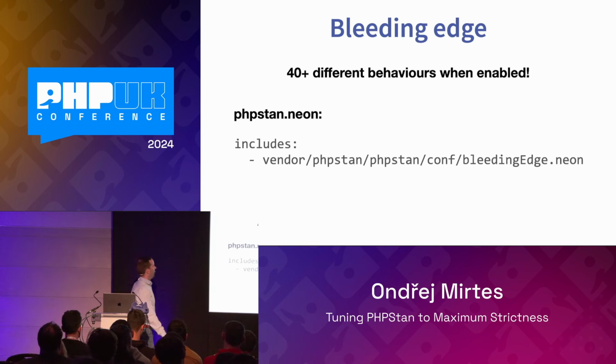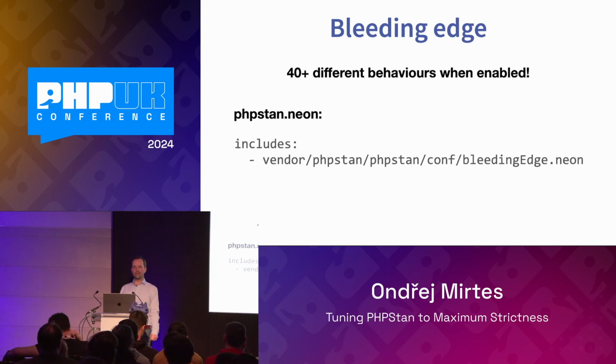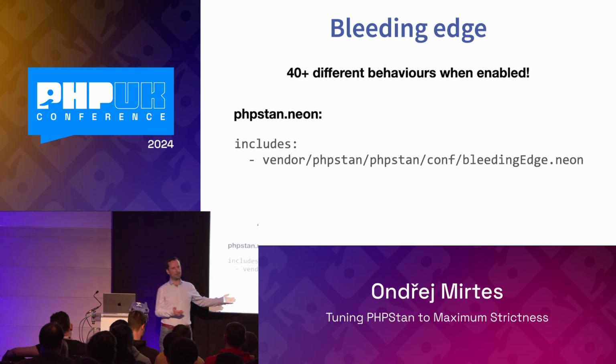hundreds of new errors. And when PHPStan 2.0 is released, then this isn't going to do anything because as part of the 2.0 development cycle, I'm going to turn all of these on, and these feature toggles are going to disappear because I'm pretty sure that what's in bleeding edge I want to enable for everyone. So when the next major is released in the 2.0 version, there will be no difference between including bleeding edge and not including bleeding edge. But as development continues and I again add more features to bleeding edge, it's going to